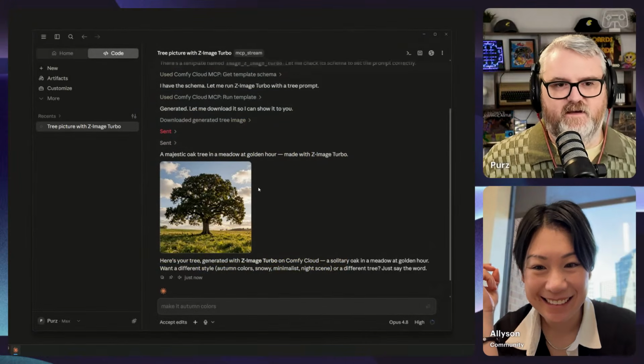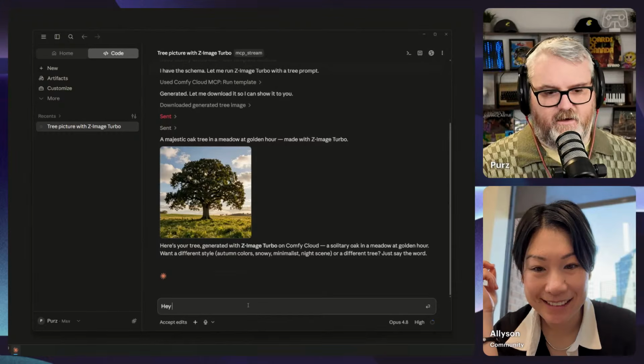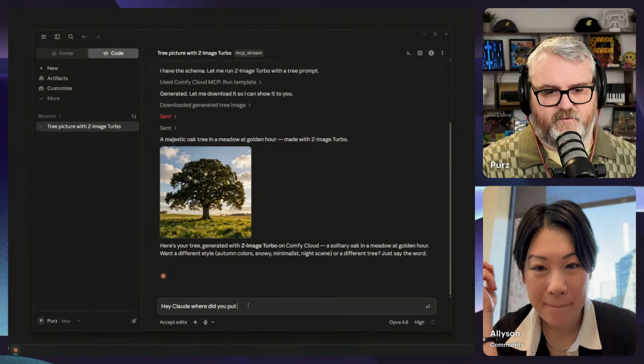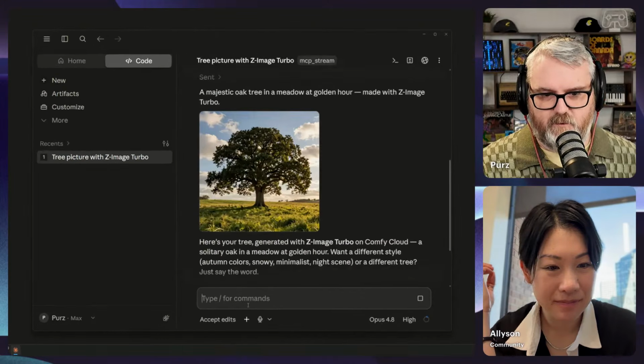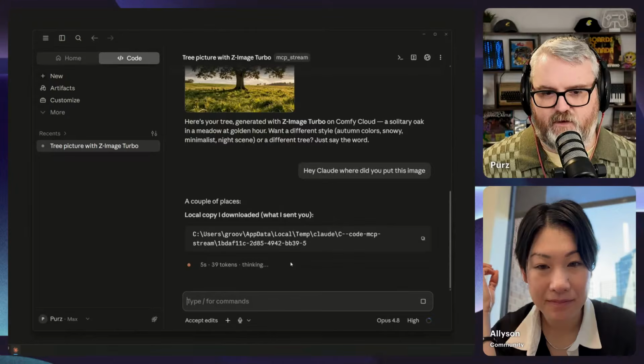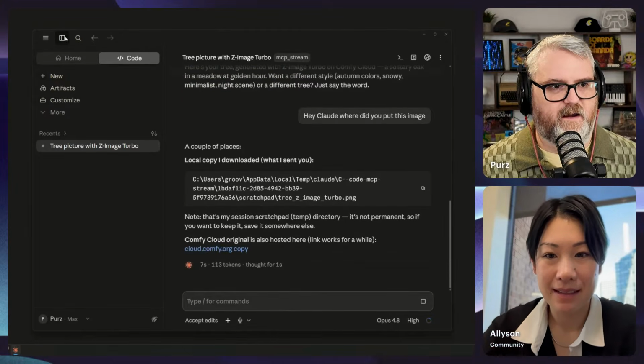So the tree's in Claude. Now let's say, hey Claude, where'd you put this image? I'm going to zoom in a little bit more. Maybe that'll help. Can you guys read the text? Let me know if you can't read the text, and I'll do what I can to try and make it